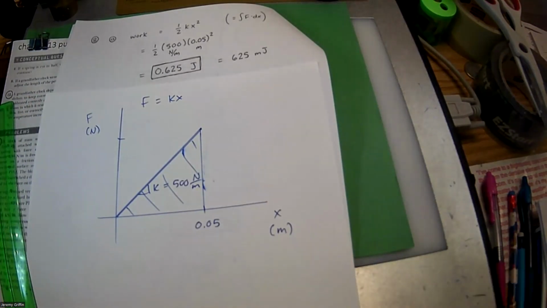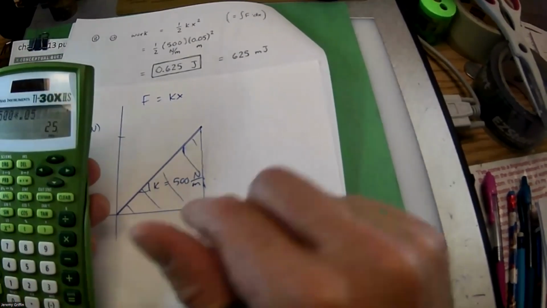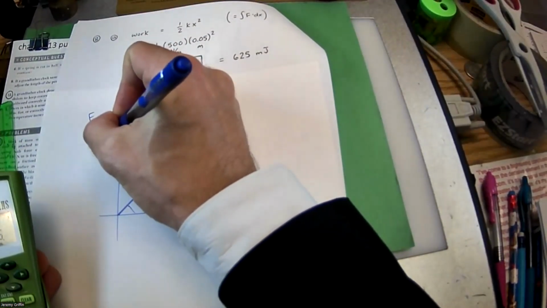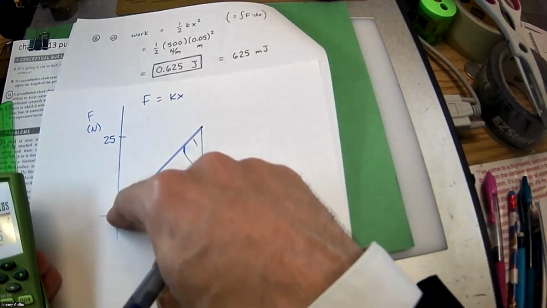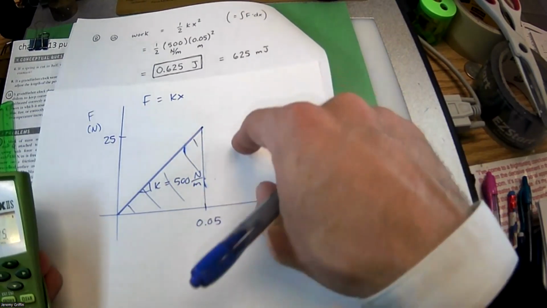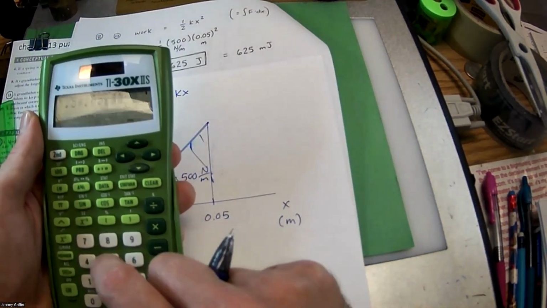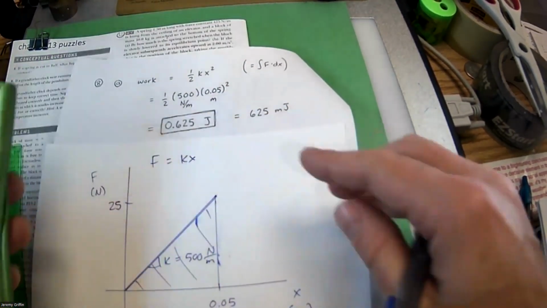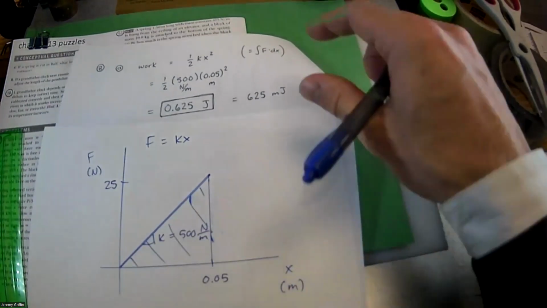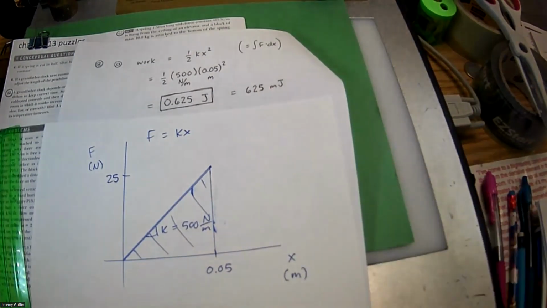I can figure out what this maximum force is. K times X, that's 25 newtons. So if you pull 25 newtons, pull up that one. So it's a variable force. Okay. Then isn't the area of a triangle 1/2 base times height? Oh, look, it's the same thing you get with 1/2 kx squared. There's two different ways to do it. Here's the strictly algebraic way, and here's the graphical approach. Boom, boom, same thing.